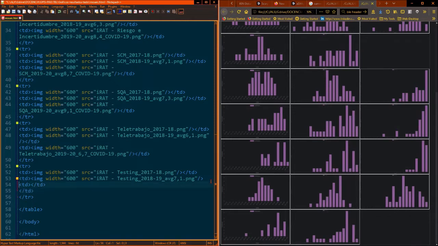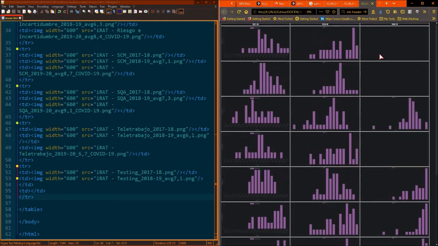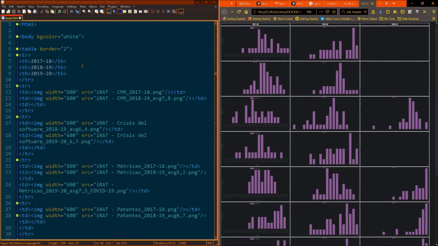No, it is not here. Sorry, it is here. That's fine. Okay. So if I reload the file, you won't see an amazing change. Just that there is something in an empty cell instead of just nothing, a hole in the graph.